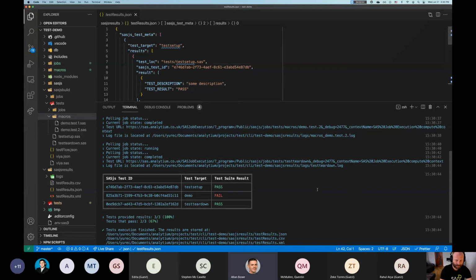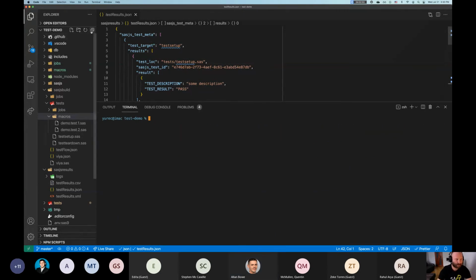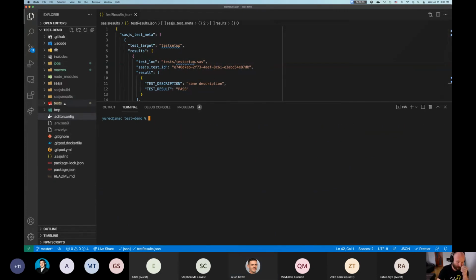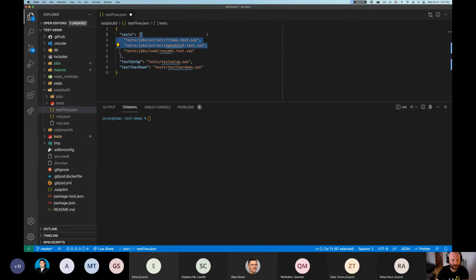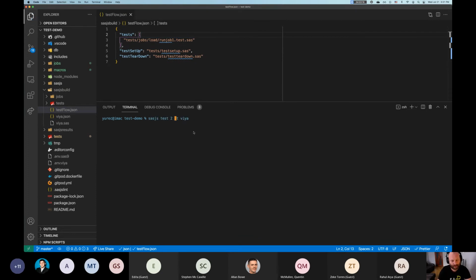Exactly, but it is not the only option that you can use for filtering, because remember, during the compilation process, we also create a test flow. So basically, you can modify this file, and for example, I would like to leave only the run job test case. So if I just delete all the rest of the test cases and run the test command again,